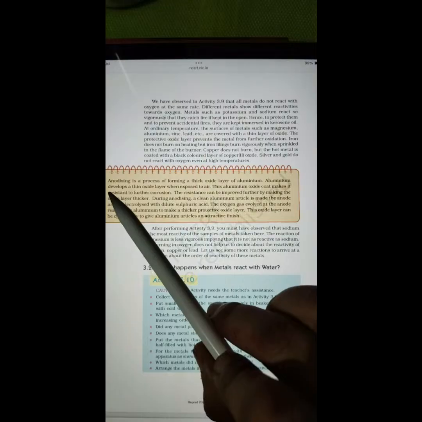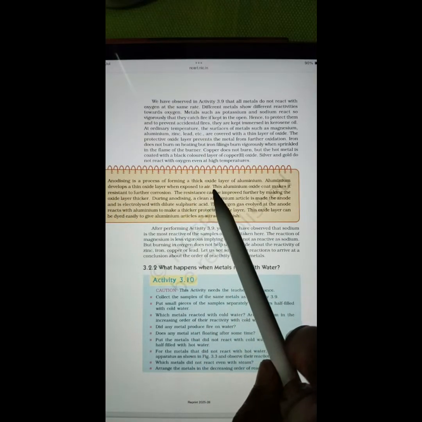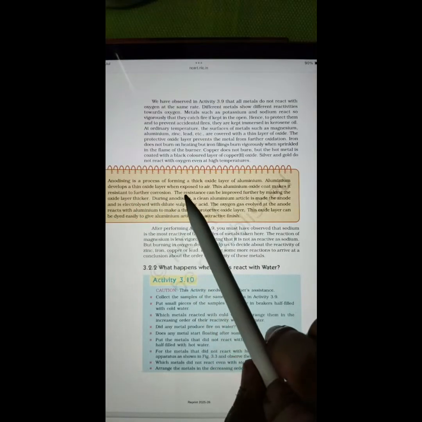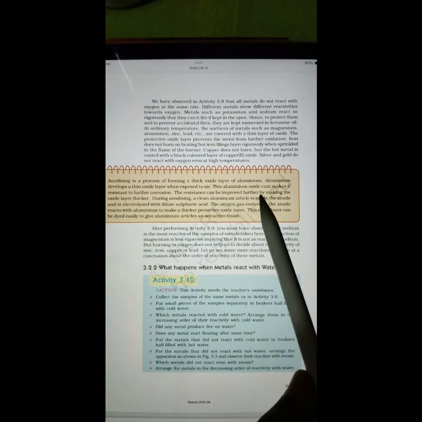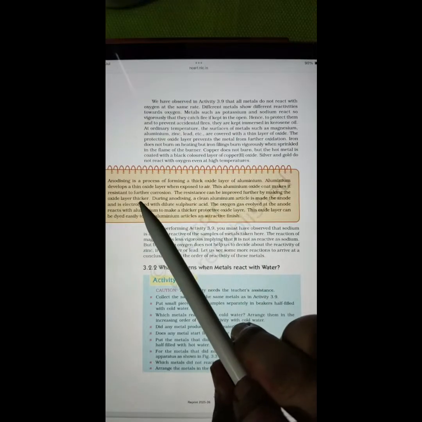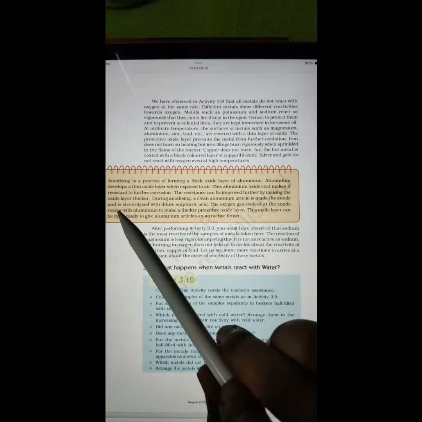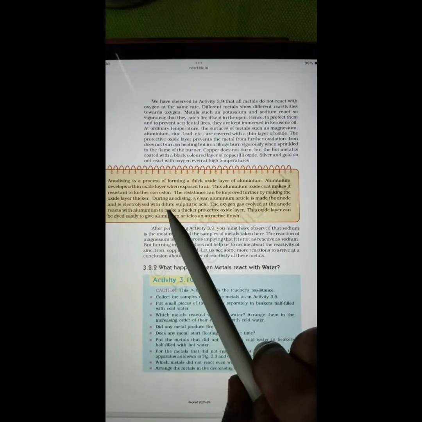Do you know anodizing is a process of forming a thick oxide layer of aluminium? Aluminium develops a thin oxide layer when exposed to air. This aluminium oxide coat makes it resistant to further corrosion. The resistance can be improved further by making the oxide layer thicker. During anodizing,